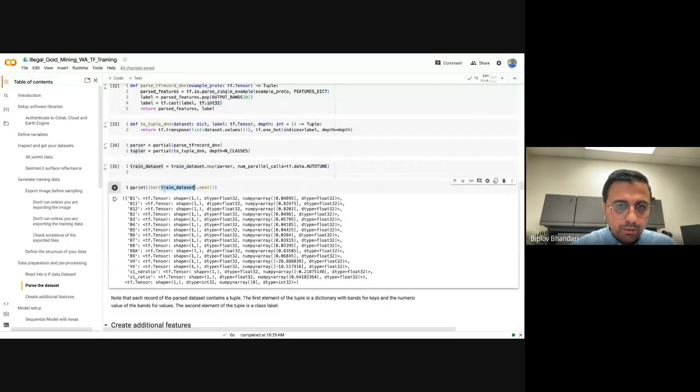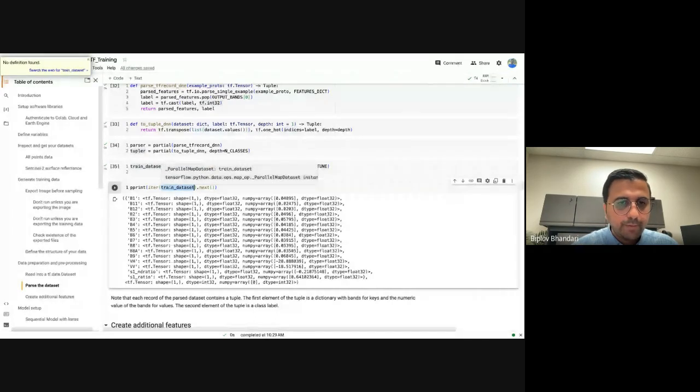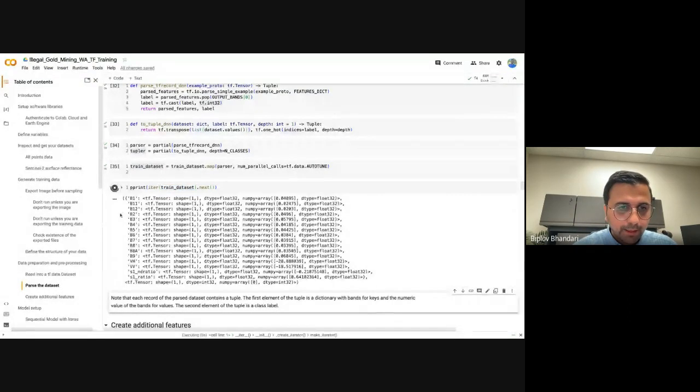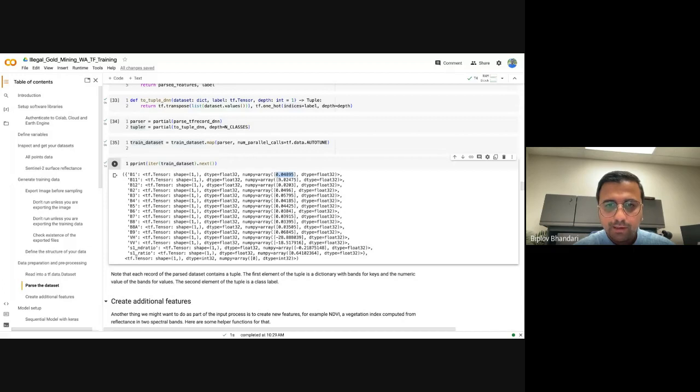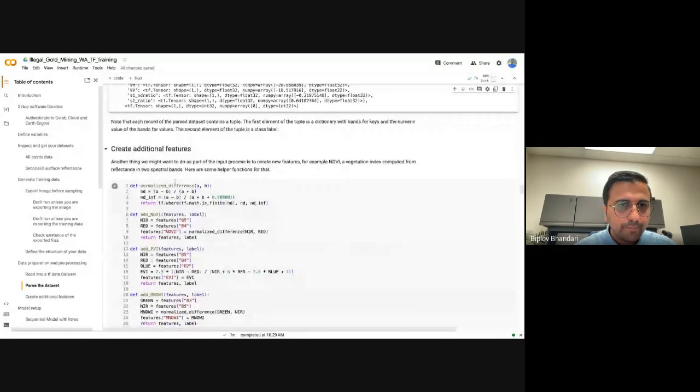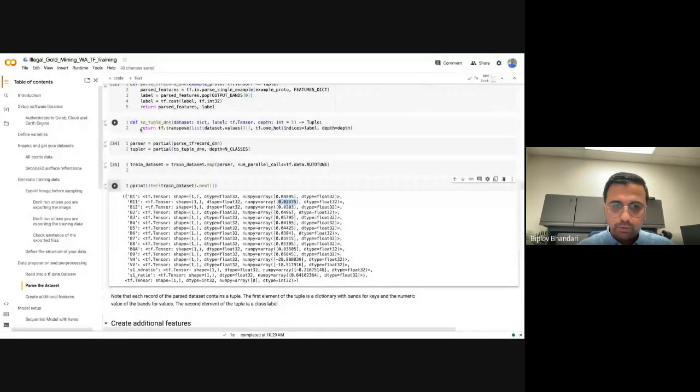So let's go ahead and look at one example point from our training data set. If you run this, again, you're getting the same thing, but now you actually have the actual value that the network needs. Okay, so we have data ready to go in.